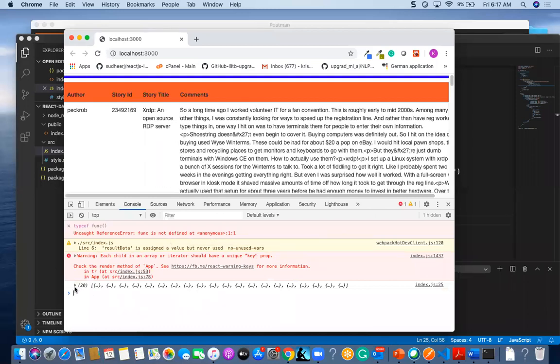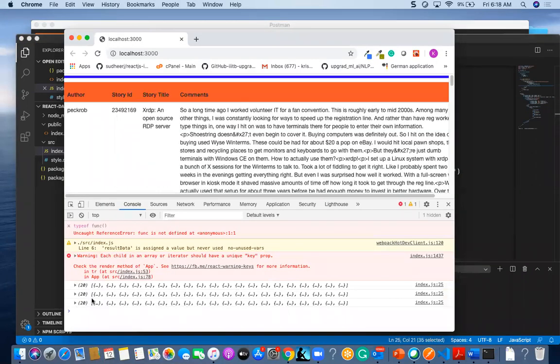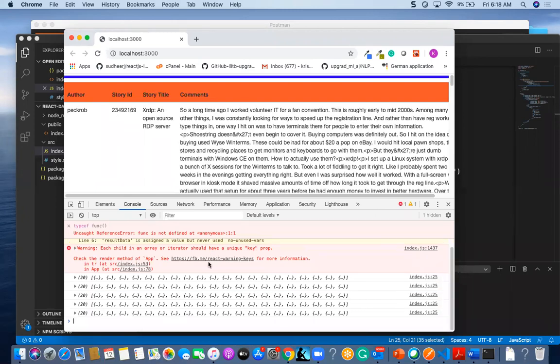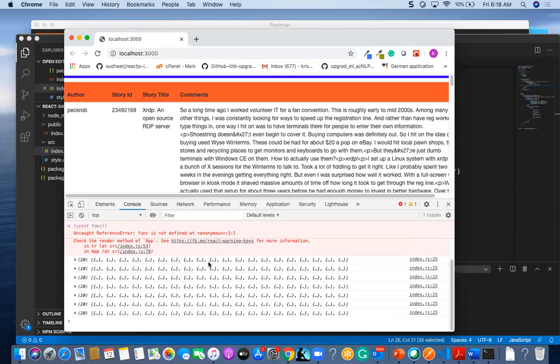Later I get the data, and after 5 seconds it will be refreshed, and again I will get that call, and after 5 seconds again I will get that call. Likewise, every 5 seconds automatically my grid, or my table, will be updated from the API call, and it will render to the UI.